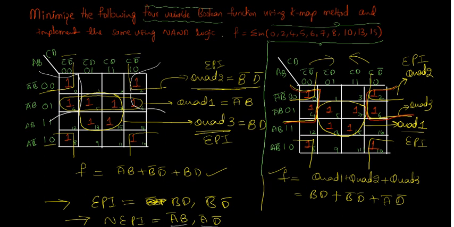If you are considering A bar D bar, then A bar B will become redundant, right? So these two are valid. Now let us consider any one and let us do the remaining problem, that is, and implement the same using NAND logic. So that means you need to consider this